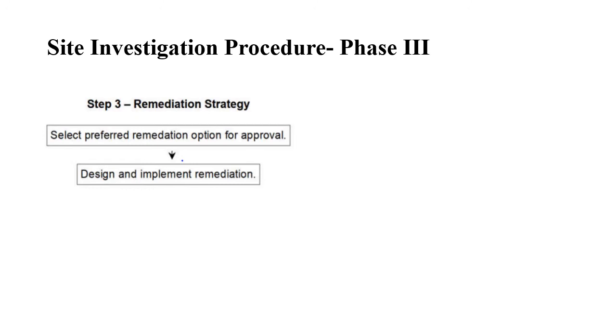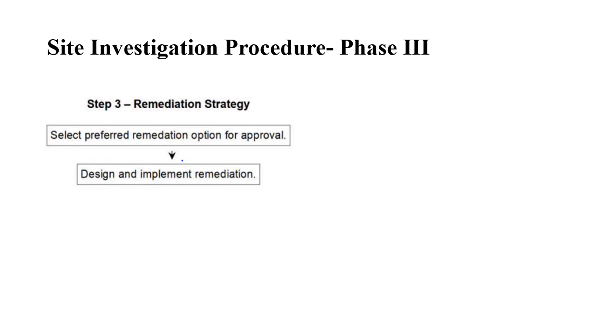Once the remediation is done, we have to get the certification from the respected authority as well. Even before starting the remediation, we have to get the approval from the recommended or authorized personnel, because we have to show them clearly what is the type of contamination present here, what is the extent of contamination, and these are the reasons why we are recommending this type of remediation technique to this land.